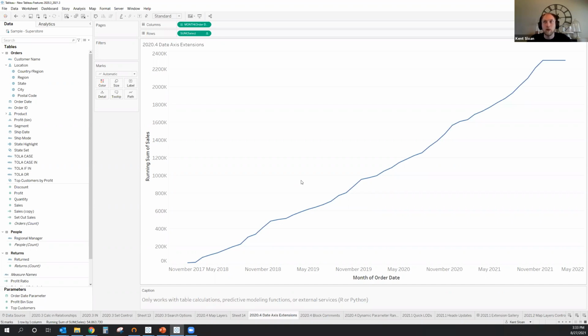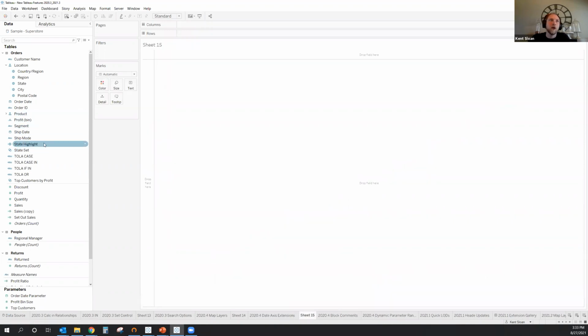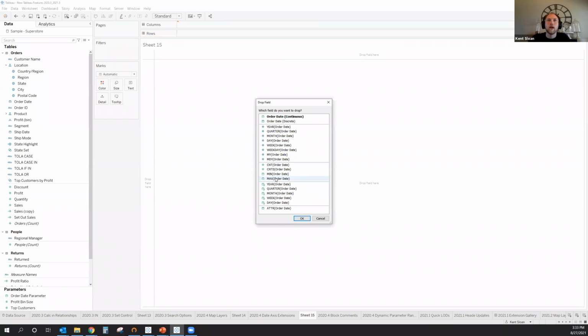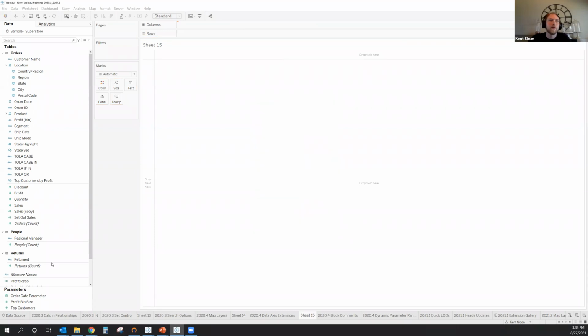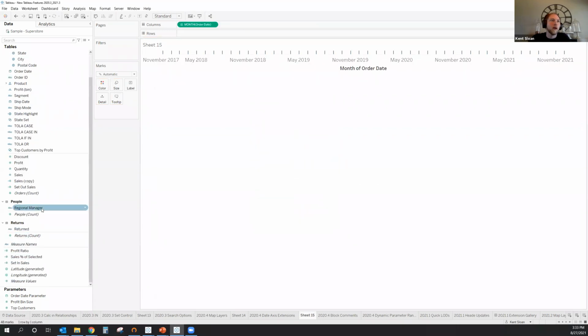Those would be situations in which you have a measure that is continuing into the future and Tableau knows what to do with it. And that just lets me, in this case, add on that step out there. But to build that from scratch so you can see how that works, if I were to grab, where's ship date? There's order date. So I throw in order date, we'll say by month, and throw in sales.